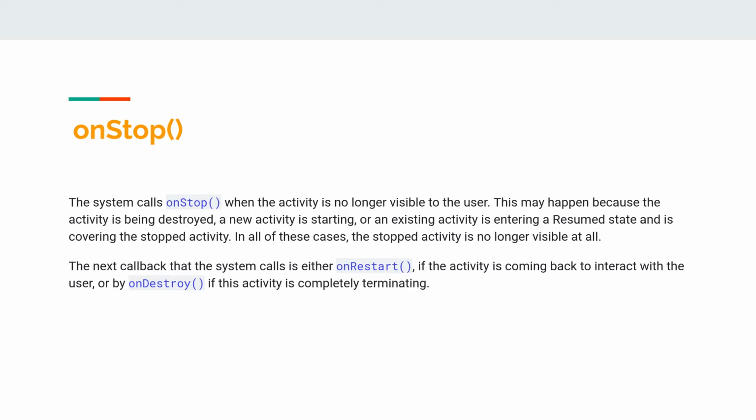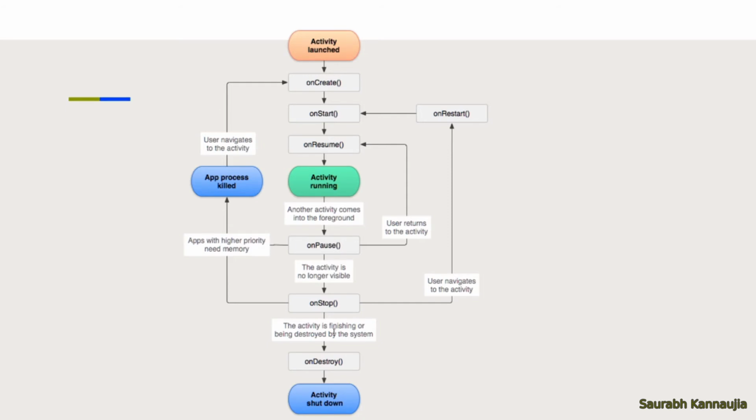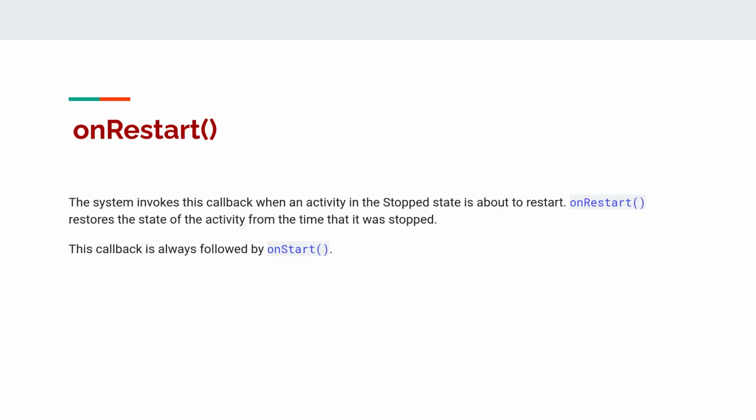After the onStop callback, the next callback the system calls is either onRestart, if the activity is coming back to interact with the user, or onDestroy, if this activity is completely terminating. So if you are resuming the activity, then onRestart will be called, otherwise onDestroy, and our application will be destroyed. So next is onDestroy.